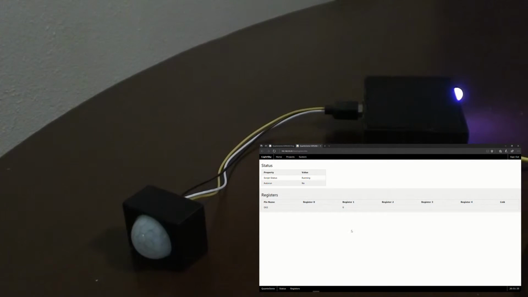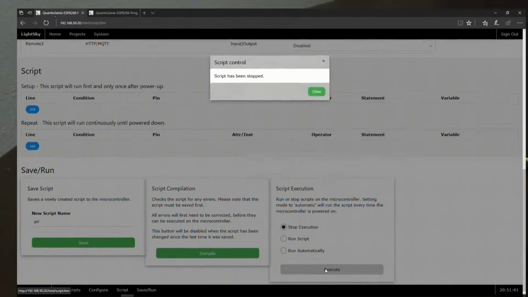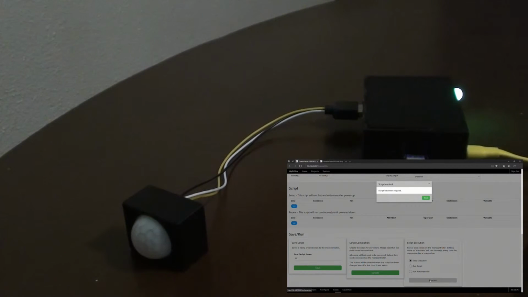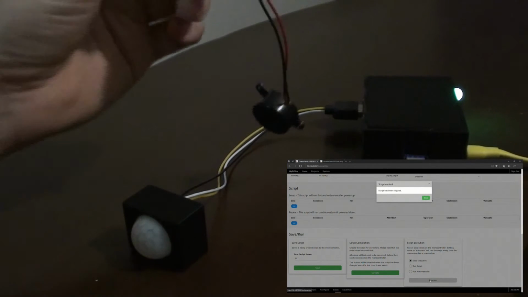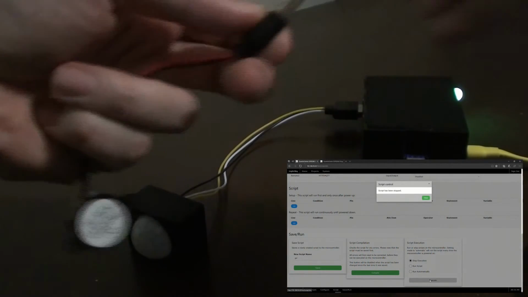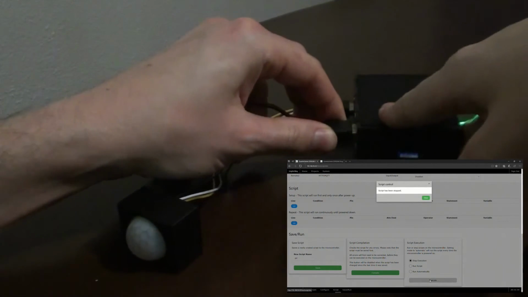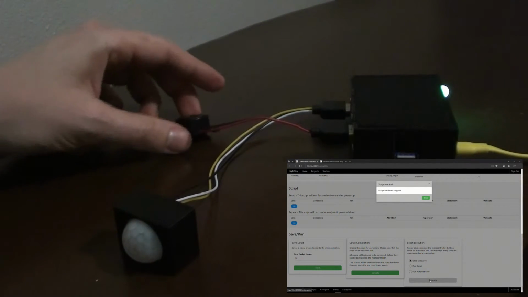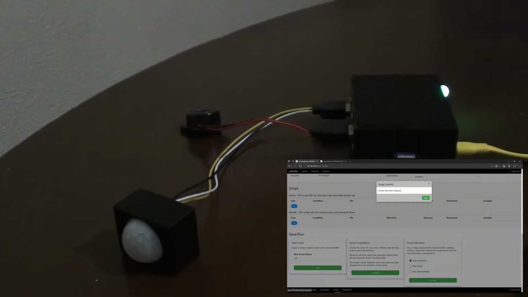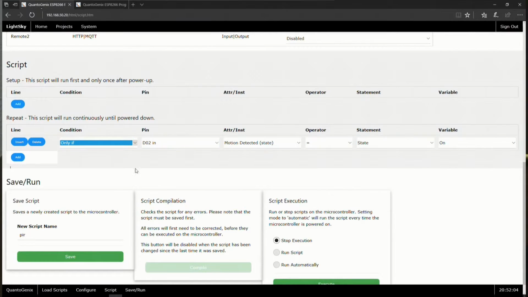So to remove the delay of this monitor, however, we can just stop the script first. We're going to introduce our trusty noise maker again, this little reed switch magnet gone rogue. So let's plug our piezo buzzer into port D5, and what we want is, if there is movement detected on D2,